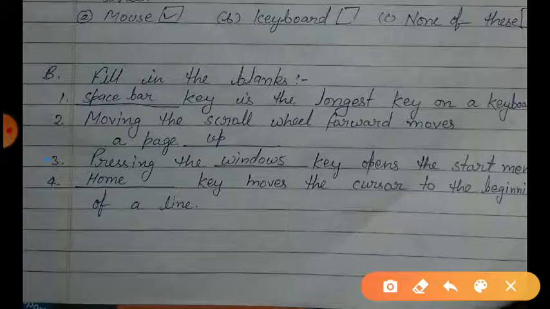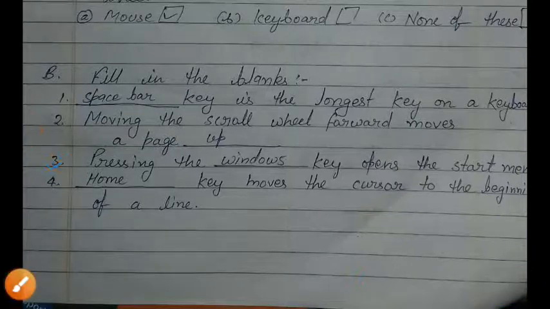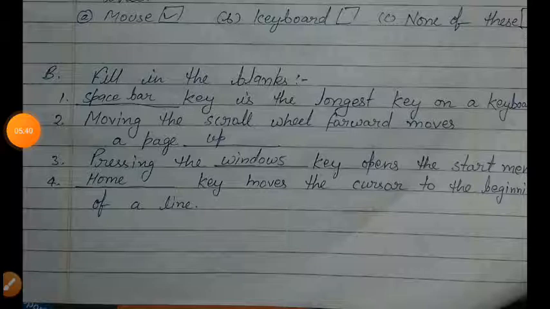Now come to question number third. Pressing the dash key opens the start menu. So dear students, as you all know, Windows key. Okay students, pressing the Windows key opens the start menu.